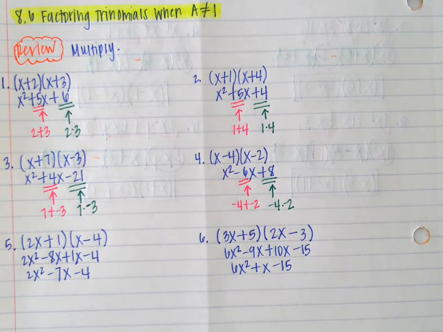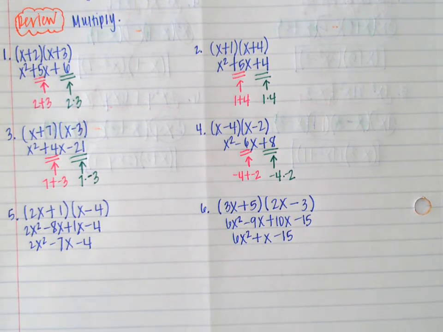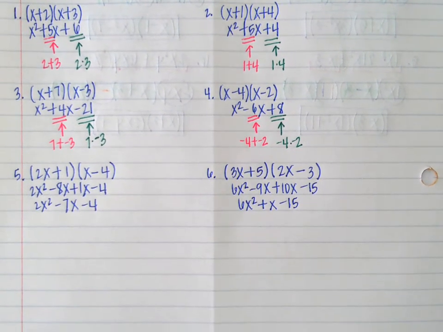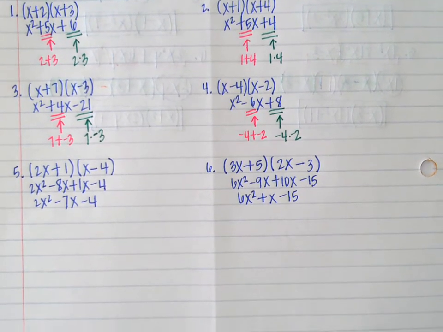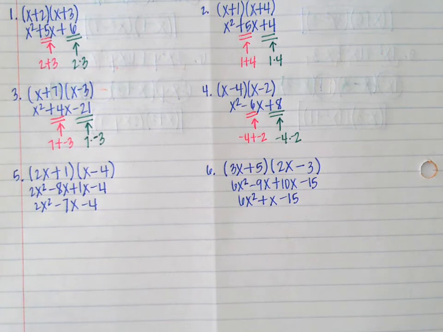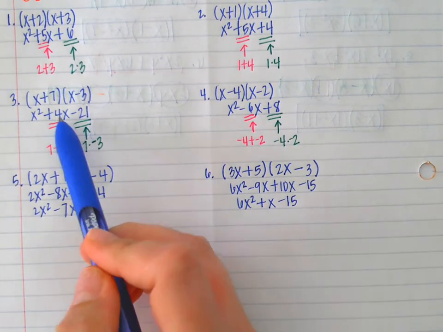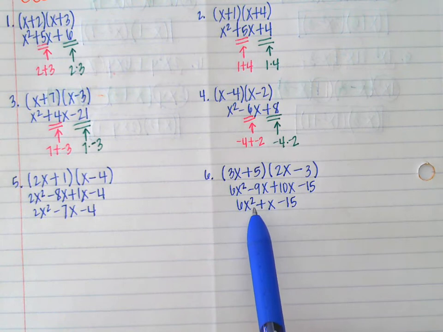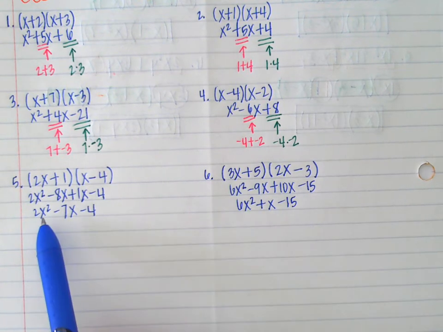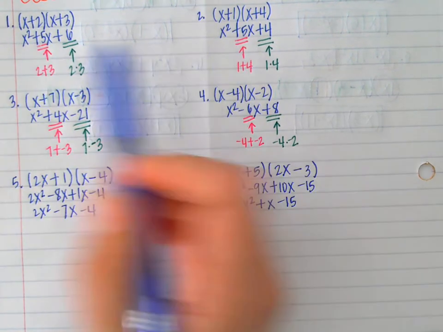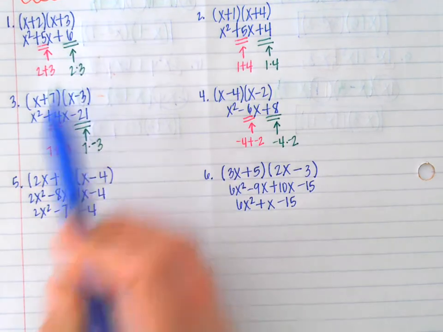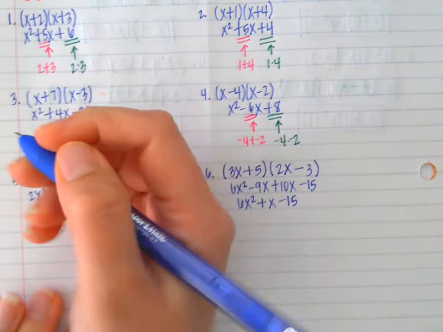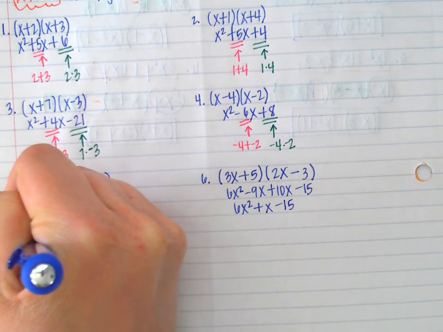So we're going to start getting into factoring. But before we do, I want you guys to know what the standard form of a quadratic trinomial is. And that's what all of these are. So every single one of these is a quadratic, because the highest exponent is 2. Trinomial, 1, 2, 3 terms. So the standard form of a quadratic trinomial